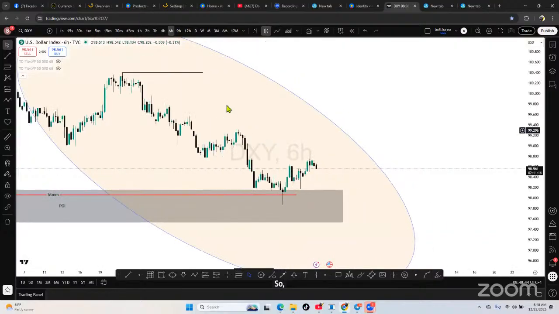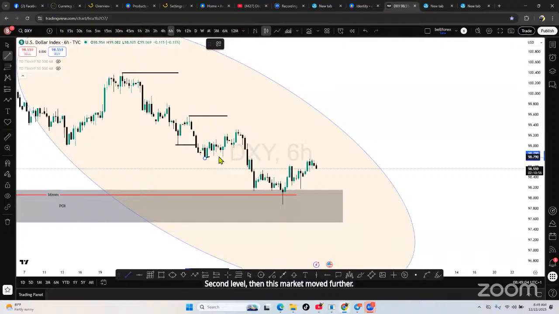So moving from there, this market moved from that high to create a necessary low here. And this low that got created then moved further to have a higher structure here. So this was the first swing, second level. Then this market moved further to form here a